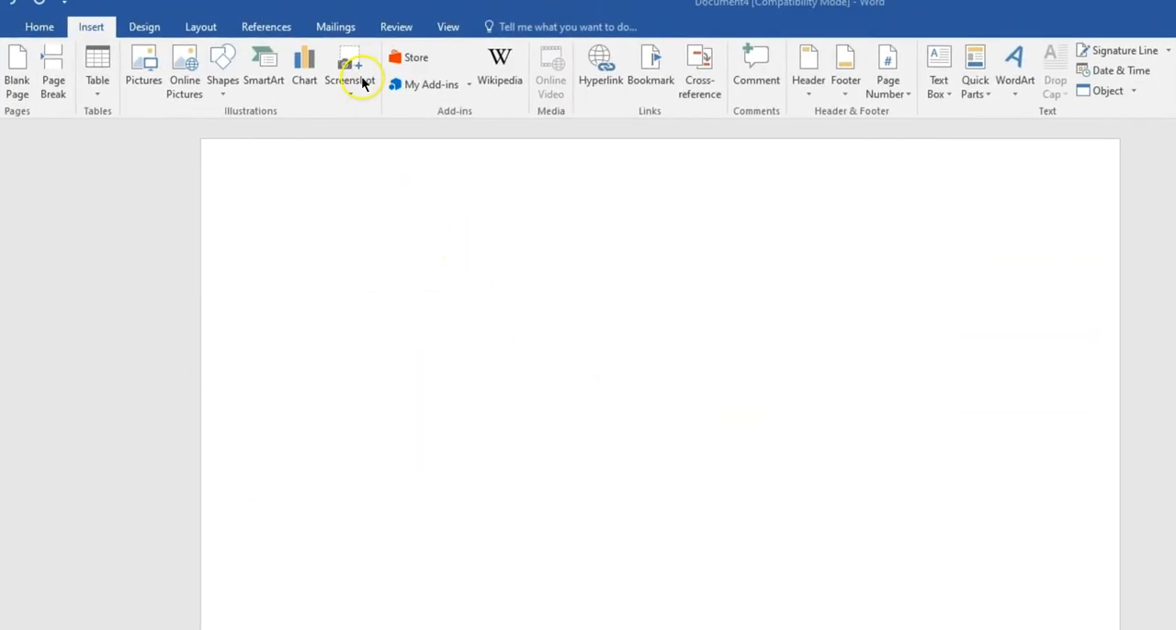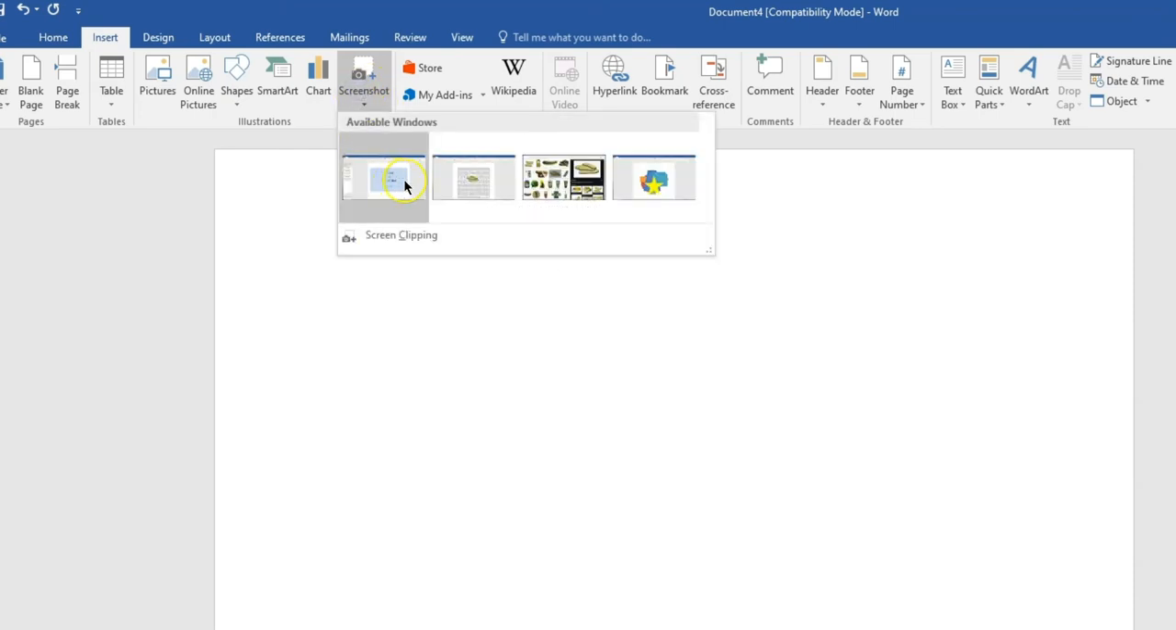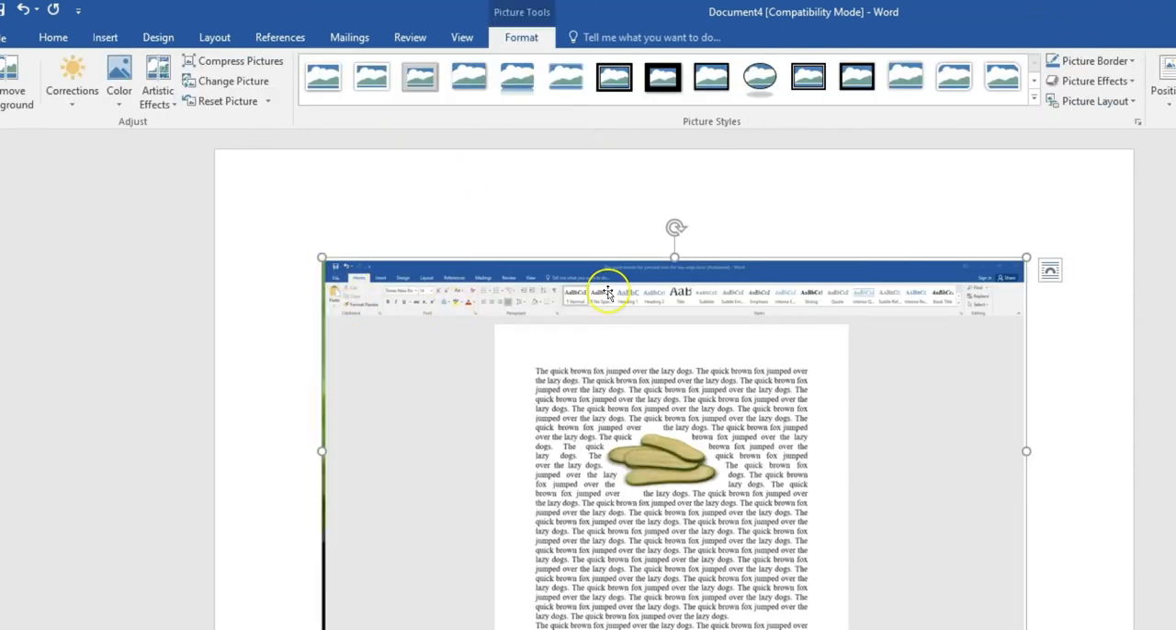Next thing I want to show you is this little button right here. This one really comes in handy if you need to do a quick screenshot of something. It's right built into Microsoft Word. You just click, and the nice thing about this is that you can grab from other windows that you have open. So if I come back here and say, well, I want to click on this,